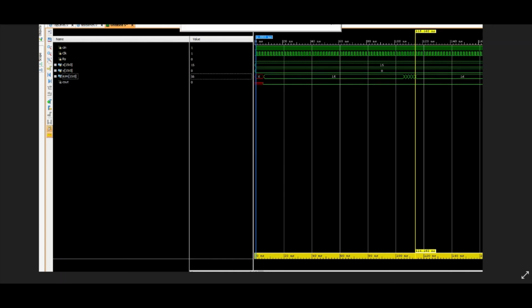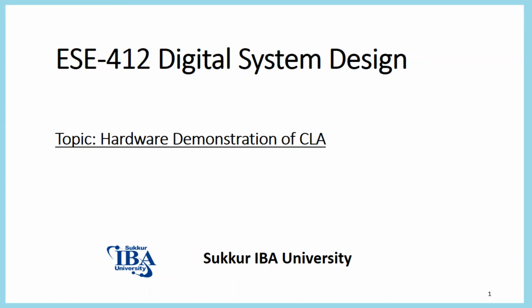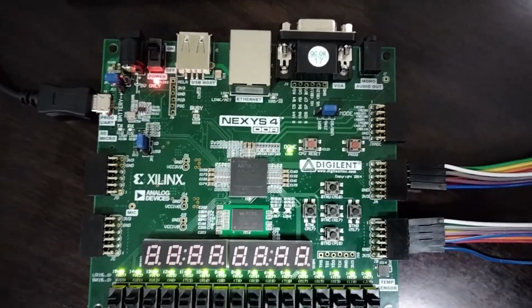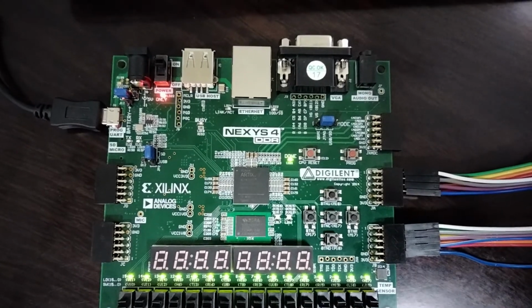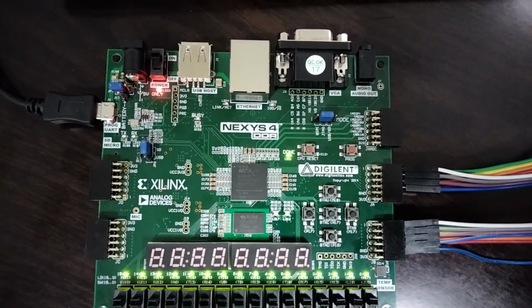So this was the whole concept, and you can also see that Cin and cout will also take too much time for this reason. This is the second module of our project, which is the carry look ahead adder.